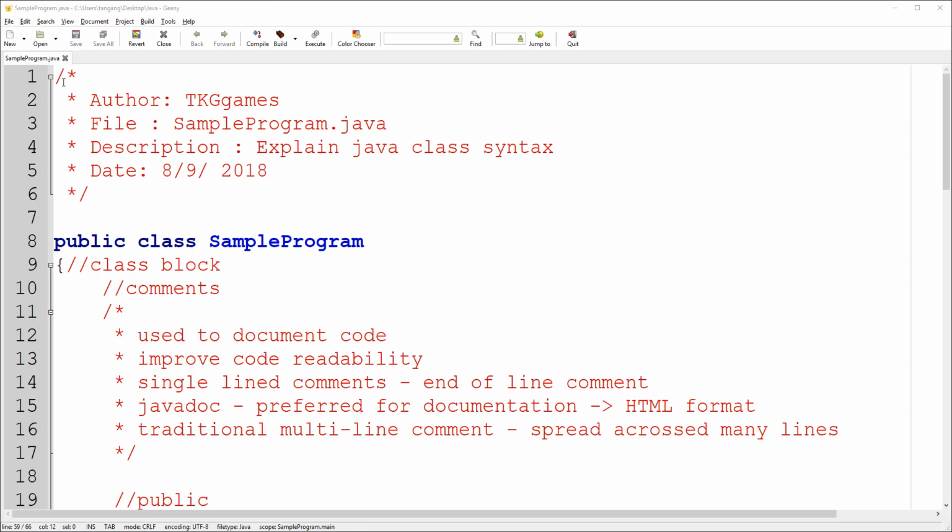So what I've done right here is I have a multi-line comment. With a multi-line comment, you can leave many lines of comment here. And here I have the author. The author is going to be TKG Games. Then I have the file name. The file name is going to be